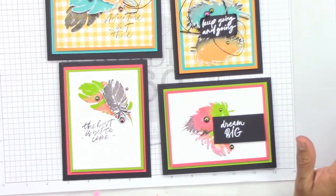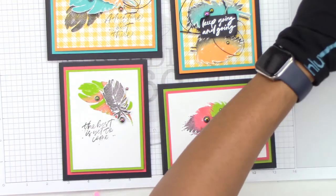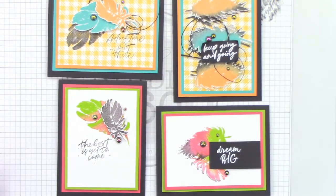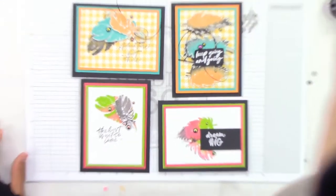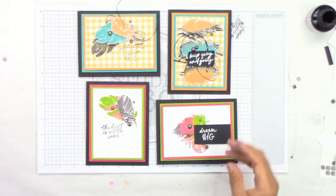The first thing that I'm going to start is I'm going to splatter with black ink first. I'm going to zoom out just slightly. Or actually, I just need to bring this down. Yeah, I do need to zoom out a little bit. So excuse the shakiness here. I'm going to zoom out just so you can see the full spectrum